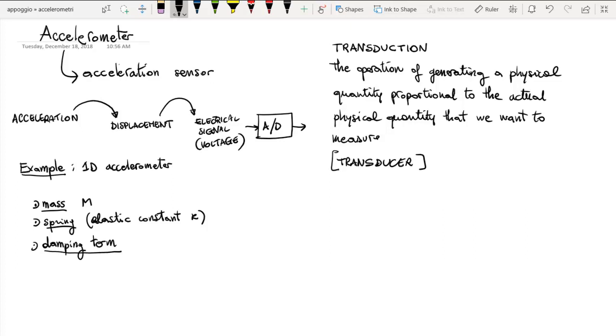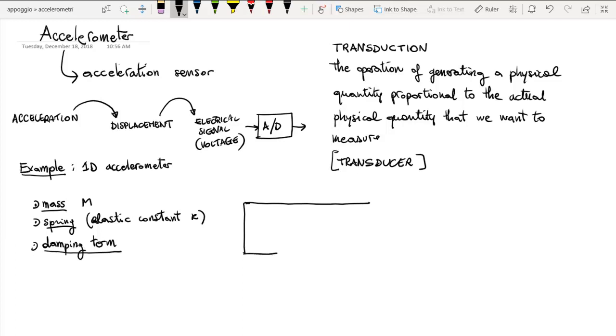Of course, you know that if you put a mass at the end of a spring and you extend the spring as an initial condition, what you observe is the oscillation of the mass, right? Then the damping term is what we call in Italian attrito, and basically it damps the oscillation and acts like a brake, in the sense that it gradually reduces the amplitude of the oscillation until the oscillation stops. So these are the three components that we need, and they are enough to consider the situation.